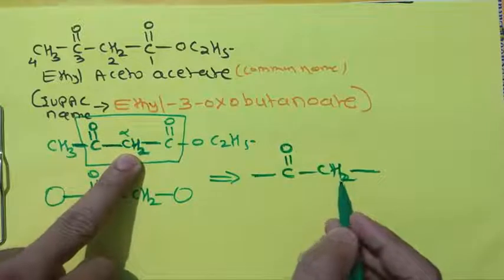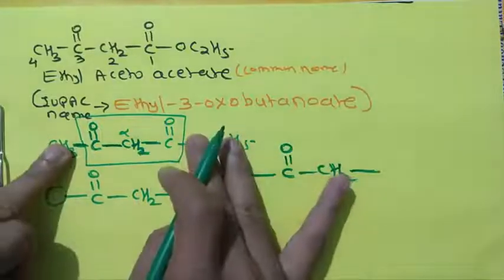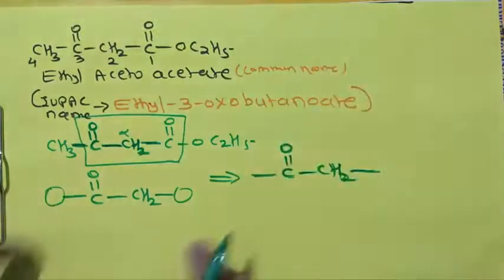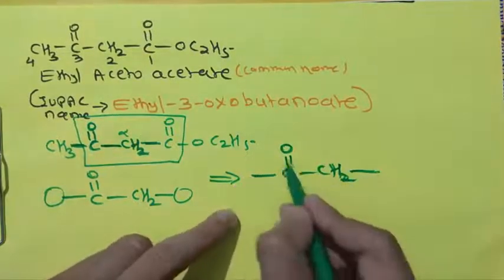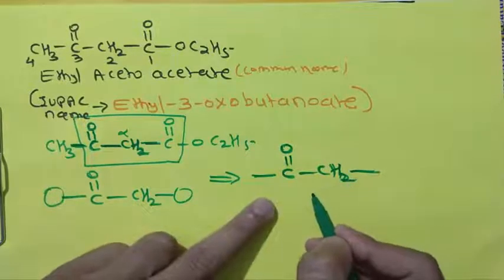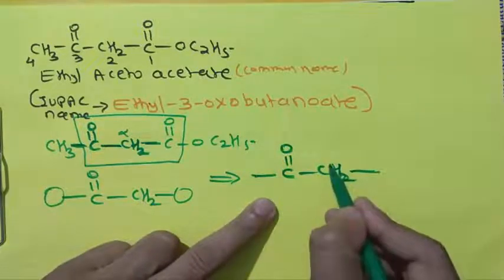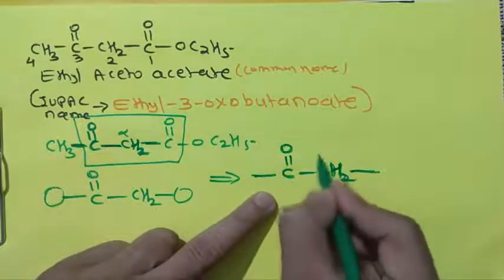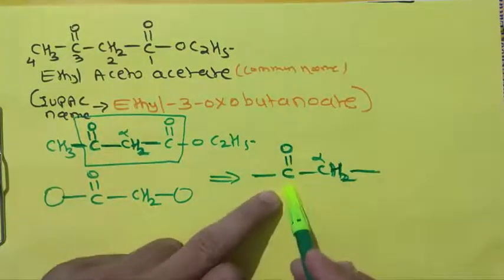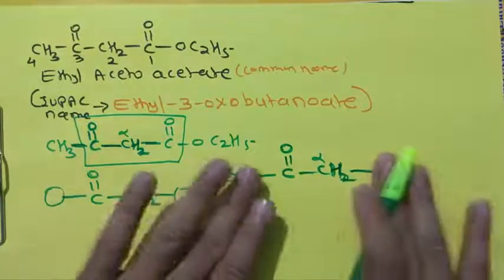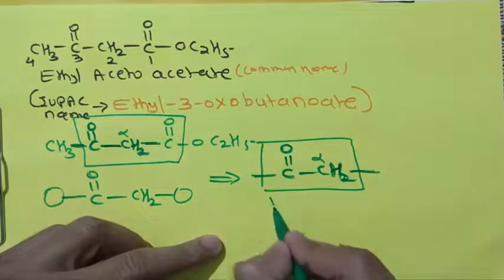It is a very time-consuming process and cannot be accommodated in this space. That's why I can write only this. I take this C double bond O CH2 group, and by using it I can tell you how keto-enol tautomerism takes place. This is the carbonyl group, this is the alpha carbon atom, and this CH2 carries the alpha hydrogen atoms. I cannot write the remaining groups here. Remember, I take only this group for the tautomerism.